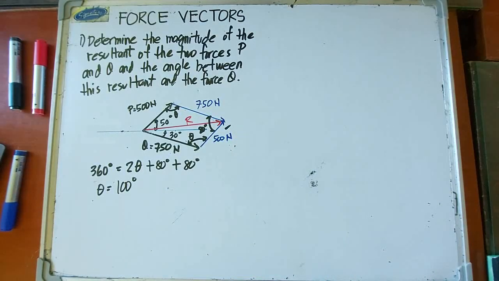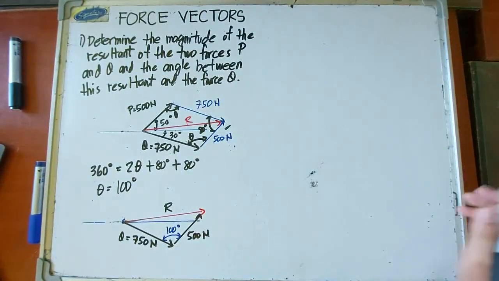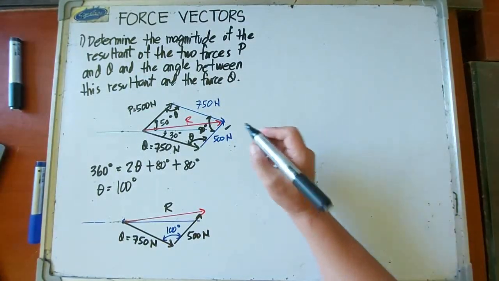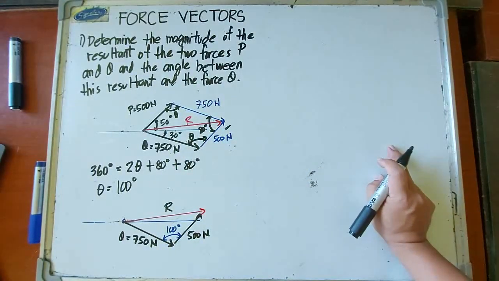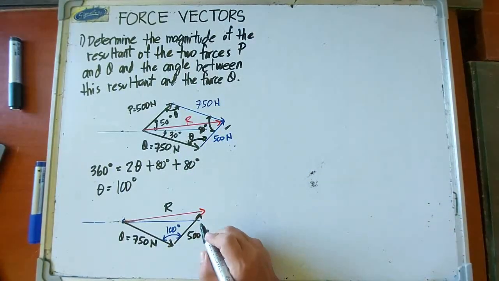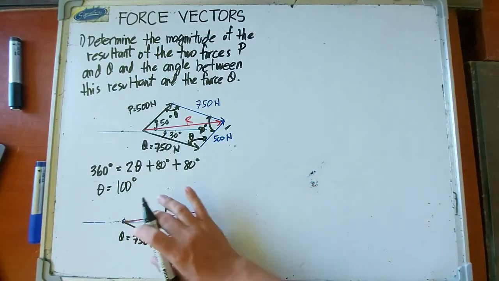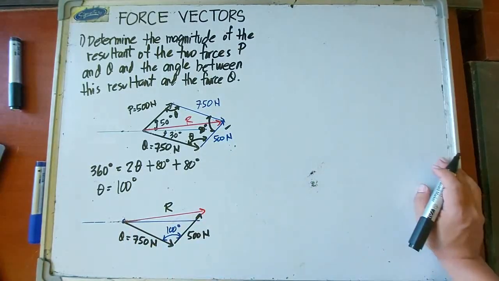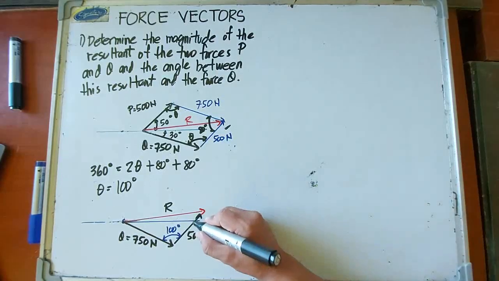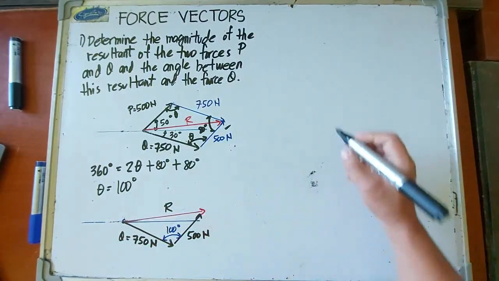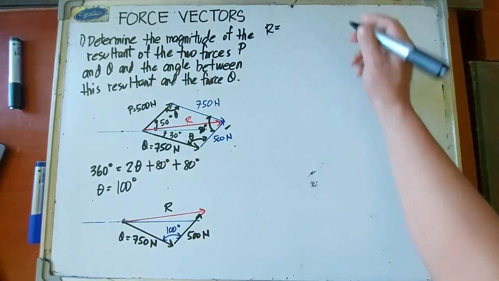Okay, drawing natin yung triangle. Okay, so we have isolated the lower triangle. Then we have a triangle here with two sides and an included angle. Yan. So gamitin natin yung cosine law to solve for the resultant or itong side na to ng triangle. So the resultant is equal to